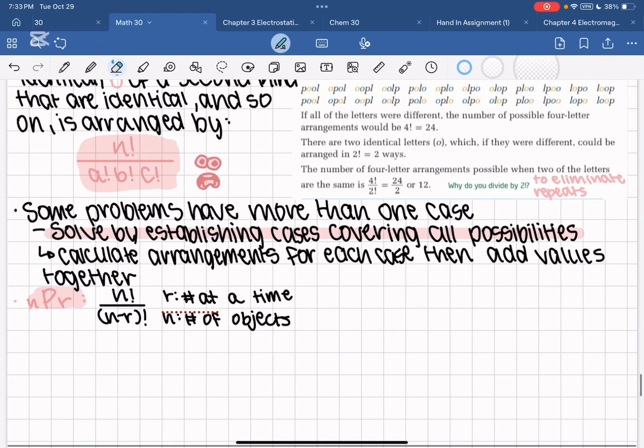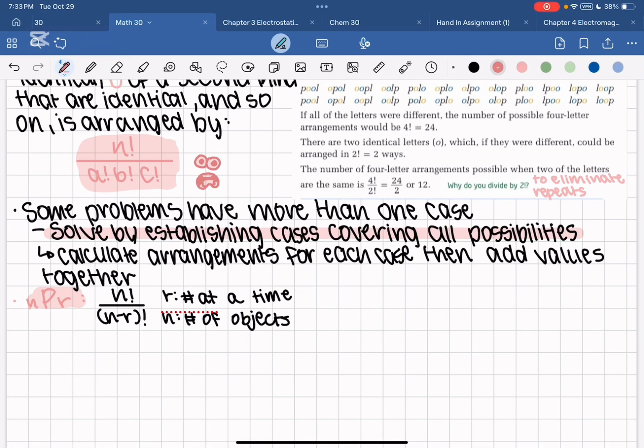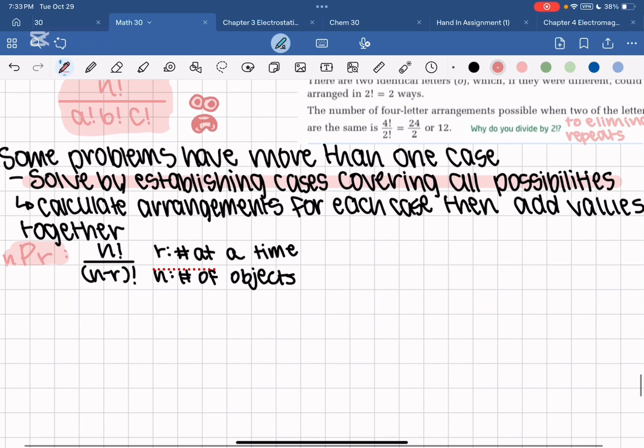So hopefully this made a little bit more sense. There's also the possibility of cases. That means that there's more than one way to solve a question. Something like this that can be considered is if you're being told to find a certain amount of digits, a